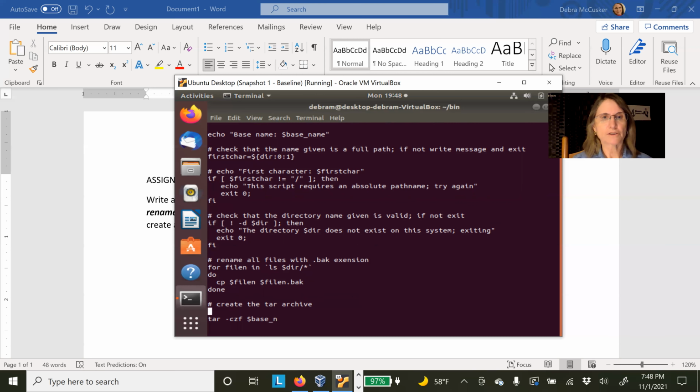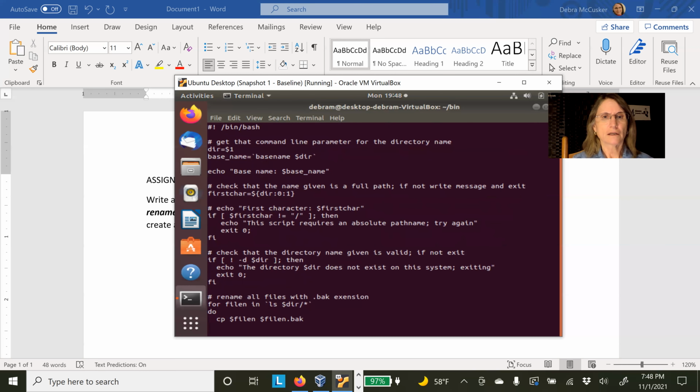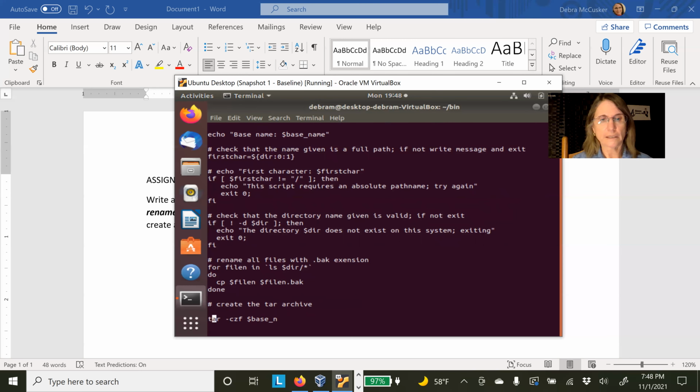Let's check and make sure that's what I called it. Base name. Okay, that will be, and I think I'll name my archive base name .tar.gz,